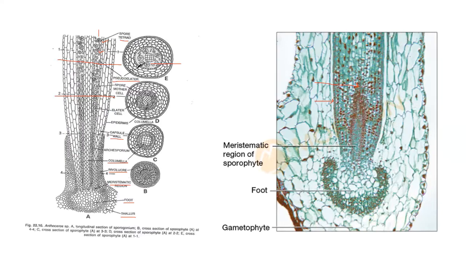Now we are coming to the third part. What is the third part? Columella. Columella is a solid, non-fertile, or you can say sterile, central core of the capsule. It extends from the base to the apex. The cells are narrow, elongated with uniformly thickened walls. The cells are present in a total of 16 rows. I repeat, 16 rows. The main function of this columella is to support the long and delicate capsule.